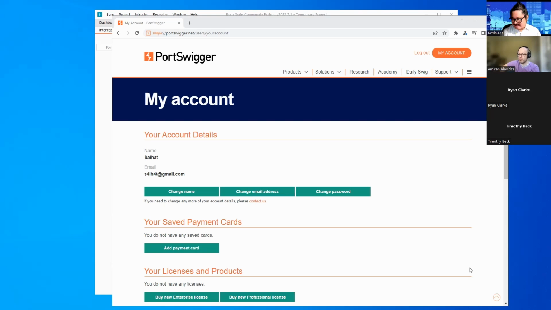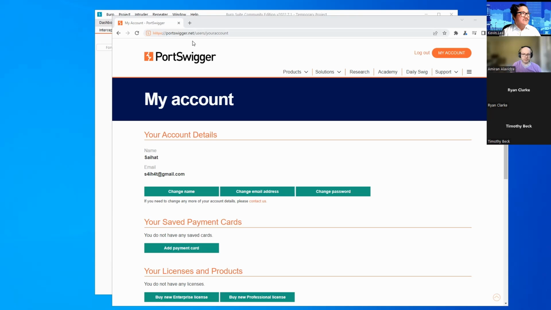Okay, so we've got a number of people logged in. If you're having trouble, please let us know in chat so we can help you progress. So if you've already logged in, we're going to go to our first vulnerable lab, which is the Unprotected Admin Functionality Lab.